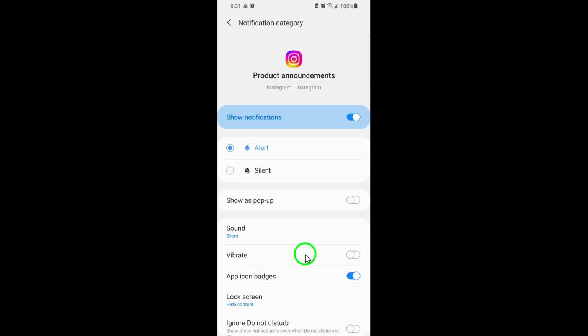Customizing your notification settings helps you stay focused and avoid unnecessary interruptions, while still keeping you up to date with